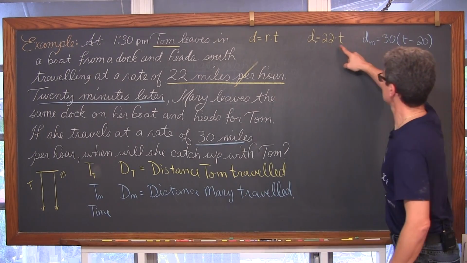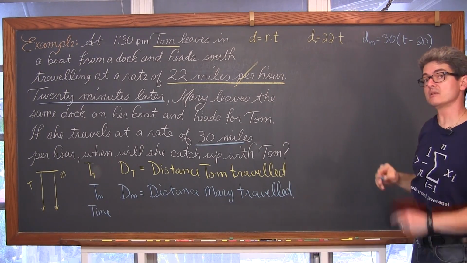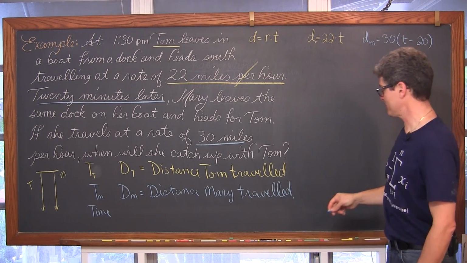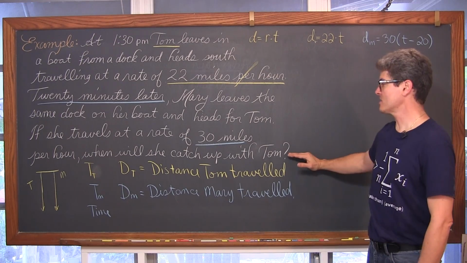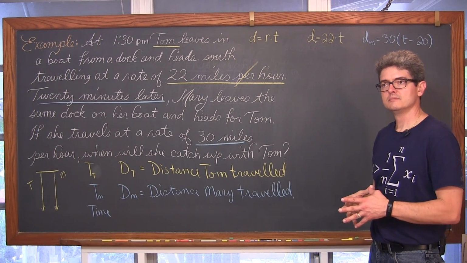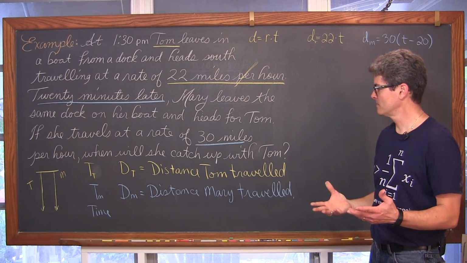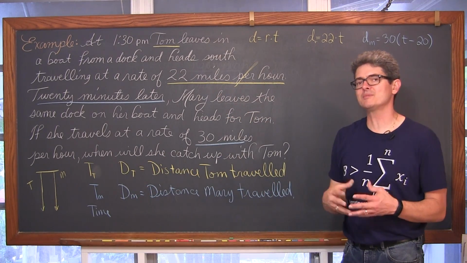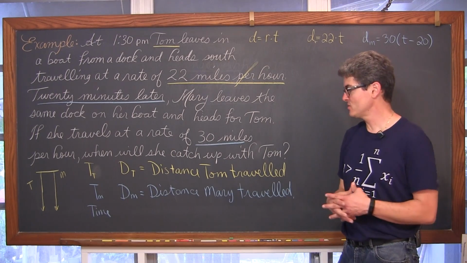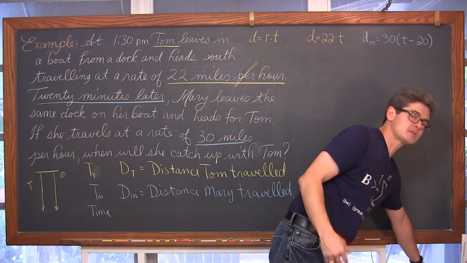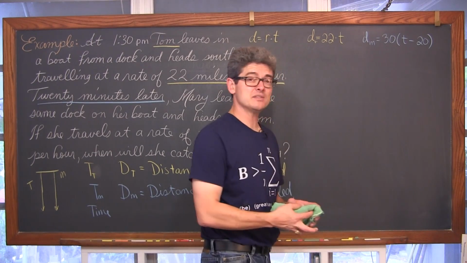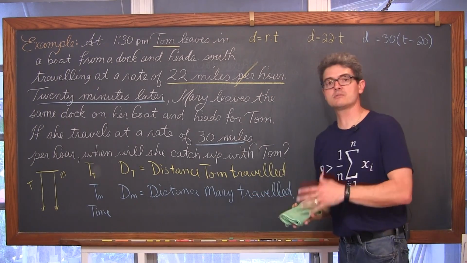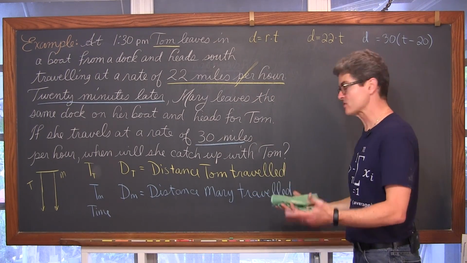We can't have quantities in terms of hours and minutes in the same problem, so we're going to have to fix that. And we're going to have to fix the fact that if Mary catches up with Tom, they've actually gone the same distance. So having two different variables for distance in this particular problem doesn't really make any sense, because she catches up, thus they've traveled the same distance. These problems aren't easy, and even experienced people will sometimes need to revisit and redefine what's actually going on.